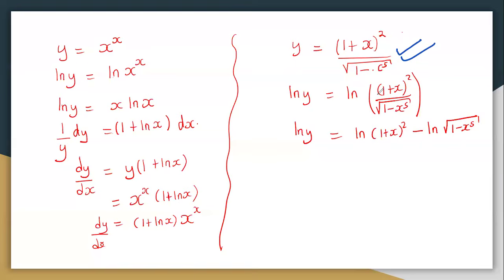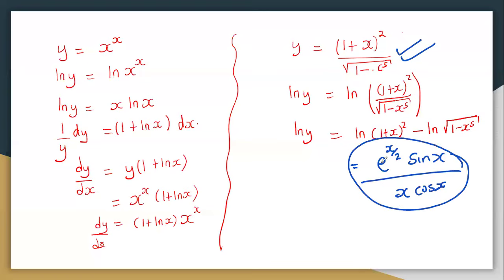Now, when you are dealing with trigonometric functions, you'll find that when they give you a trigonometric function in fraction form, things are going to be very bulky. For example, they can give you e to the power x over 2, then sine of x divided by x, or maybe cos of x. You can use your quotient rule, but you may notice that the quotient rule will take you a lot of time. And therefore, for such cases, you say, why don't I apply the natural log on both